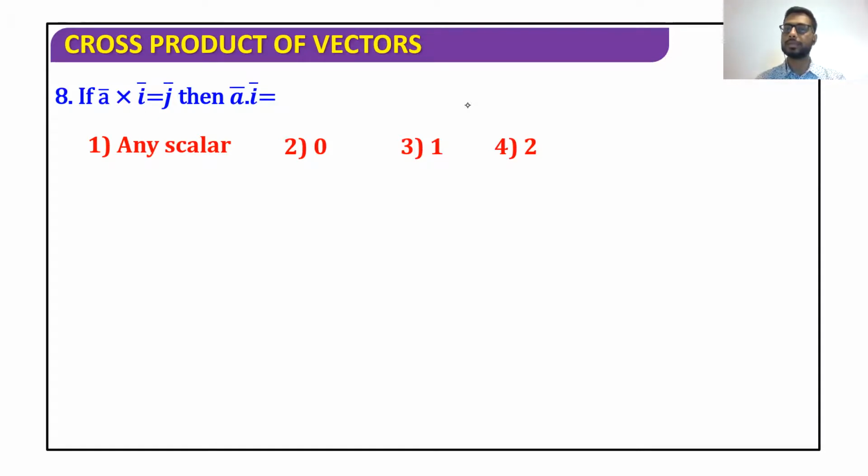I can get the value of my scalar term lambda. So if the lambda value is 0, my answer would be 0. If the lambda value is 1, I can tick mark 1 as my answer.